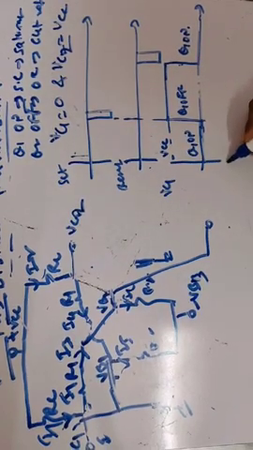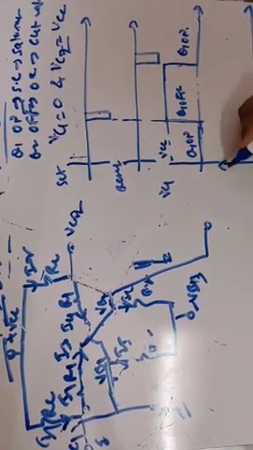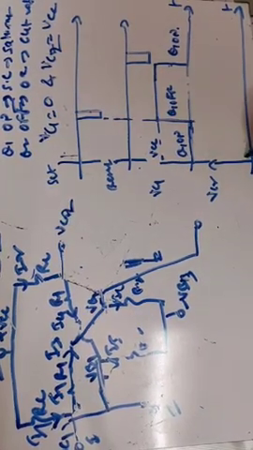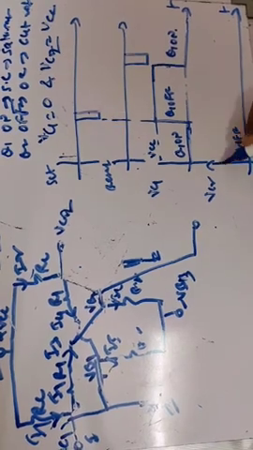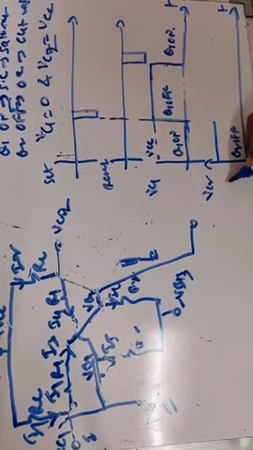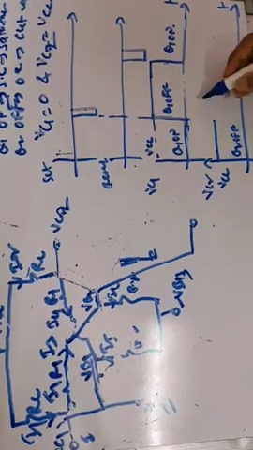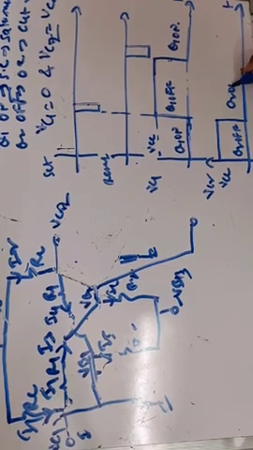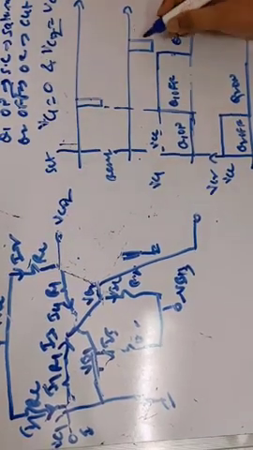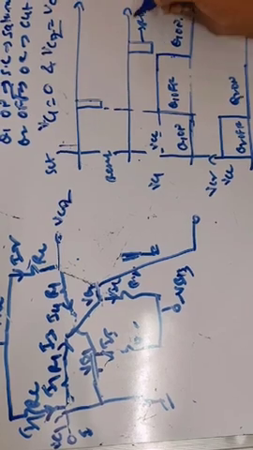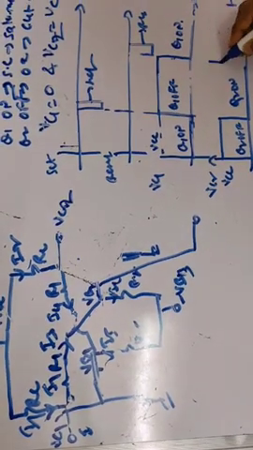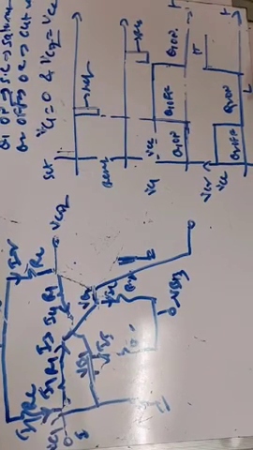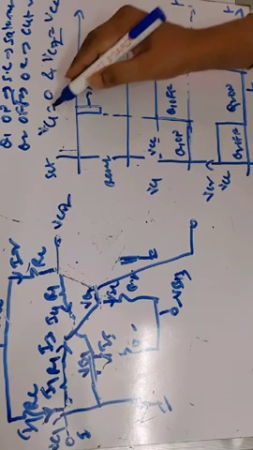Now if you see the output VC2, the output across the collector of the second transistor, initially Q2 is in the off condition. Off means the output will be maximum. Open circuited means maximum VCC, high voltage. When we apply a negative triggering pulse, the Q2 transistor becomes on. Q2 is on means the output becomes equal to 0. Again we apply a negative triggering pulse. This is the reset pulse, and this is the set pulse. Again there is a transition from low voltage level to high voltage level. This is when Q2 becomes off.